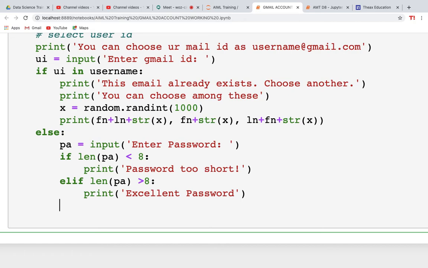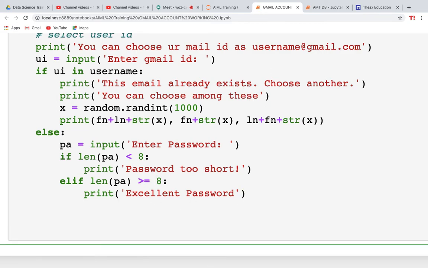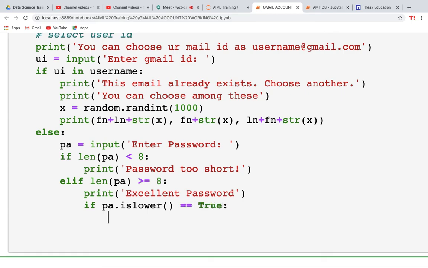Okay, now see, this was for calculating the length. So now if the password is greater than or equal to 8, let's say, so I'll be doing that now. Well, I'll check if the password which he has entered is lower. Now if this value becomes true, what I'll say,